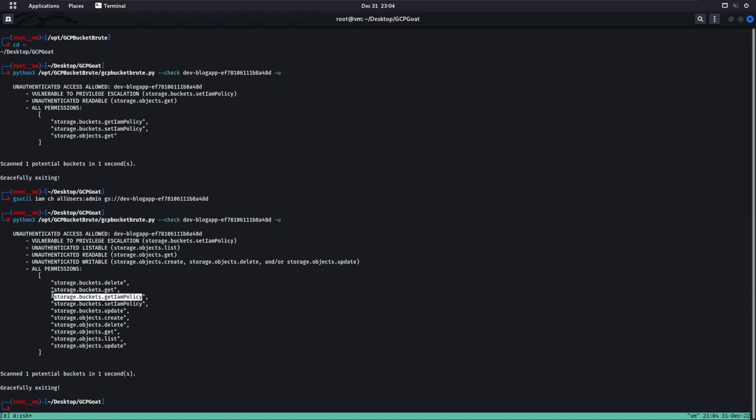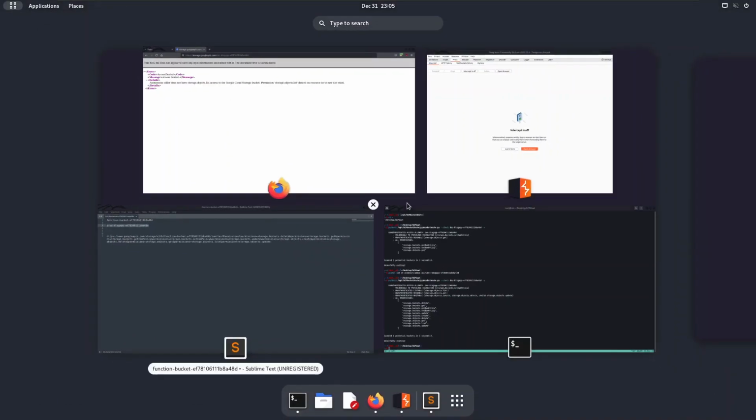Also, instead of using this tool for enumerating the permissions for this bucket, we can directly use this getIamPolicy as well by again reading the documentation, and so we will be able to read this using this getIamPolicy API request as well. Okay,